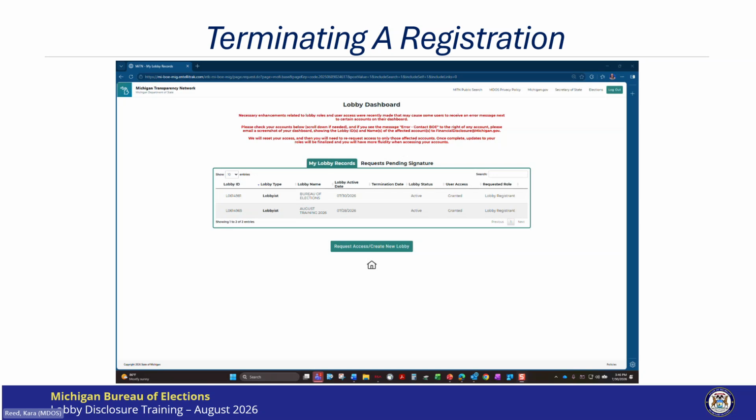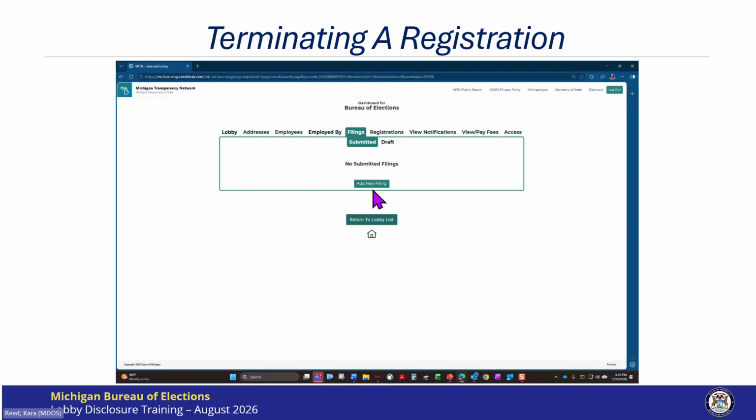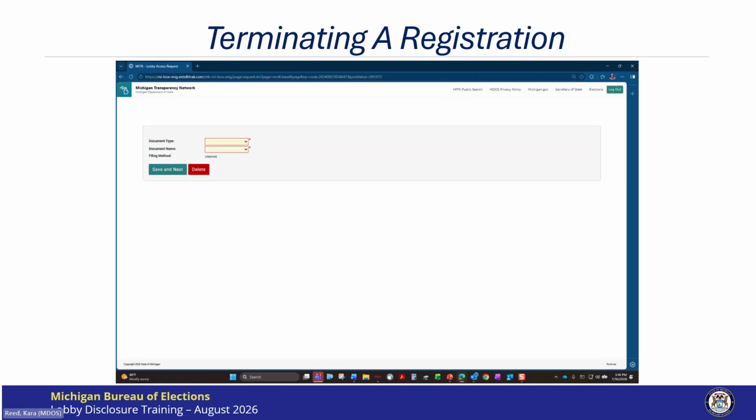Starting at the lobby landing page, I am going to click Bureau of Elections. This is the lobby ID that I will be terminating. Once my dashboard opens, I'm going to click Add New Filing. This screen is where I will enter the report type, statement year, and that yes, I am terminating my registration.